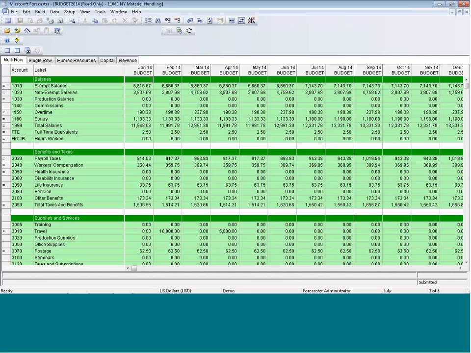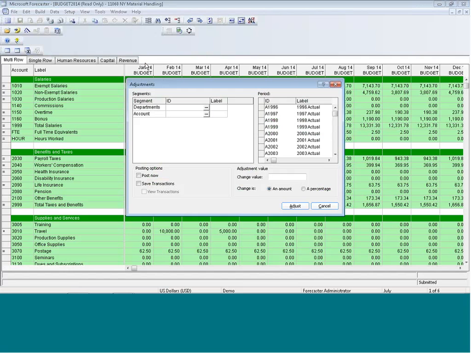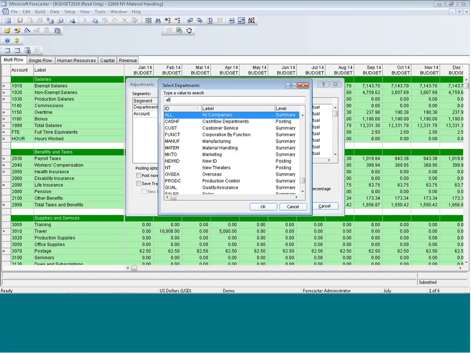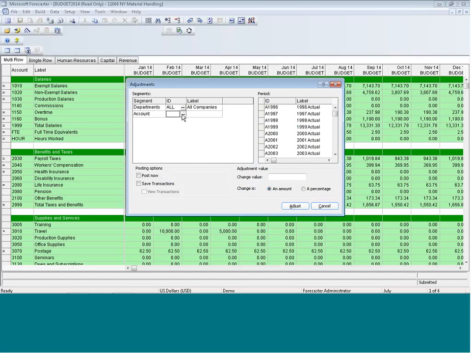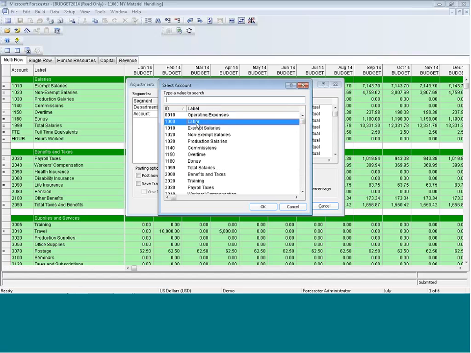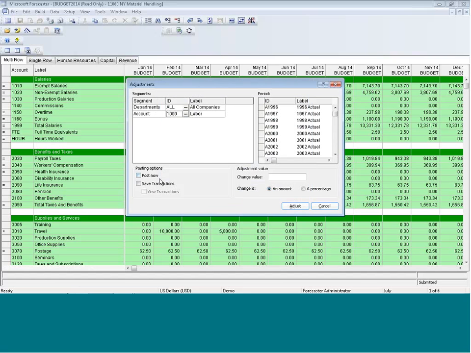There's also stuff like adjustment wizards. So after you've gone through the budget process with all your budget managers, at the end of it, you might want to say, well, what if we increase this expense account by 10%? And we do it for the entire company. So this one window here will let you go through, select what departments you want to affect, and I'll just pick everything in the company, what account number you want to affect, and I'll just pick this labor account, and what periods you want to affect, and I'll just pick some of these individual months, maybe just June, July,